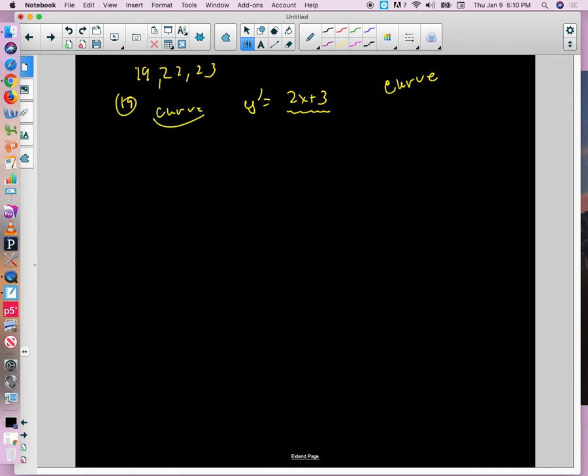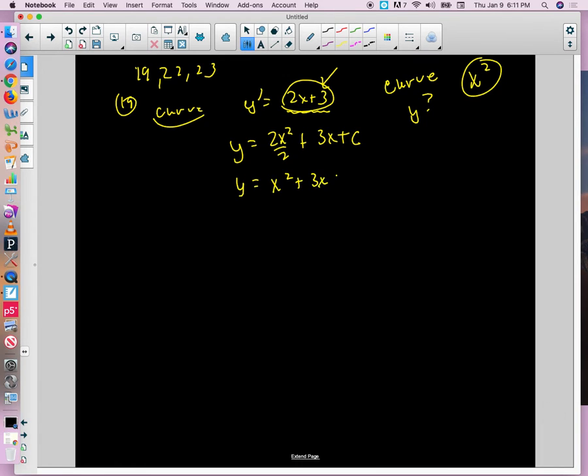By the way, the equation of the curve has got to be some form of x squared, because this derivative has this 2x in it. But to actually find y, find the equation of the curve, I'm going to integrate 2x plus 3 dx. Or take the antiderivative, you don't even really have to write that down. To go backwards from y prime to y, I'm going to take the antiderivative, 2x squared over 2 plus 3x plus c. So y is x squared plus 3x plus c, which pretty much narrows it down to choice 2,